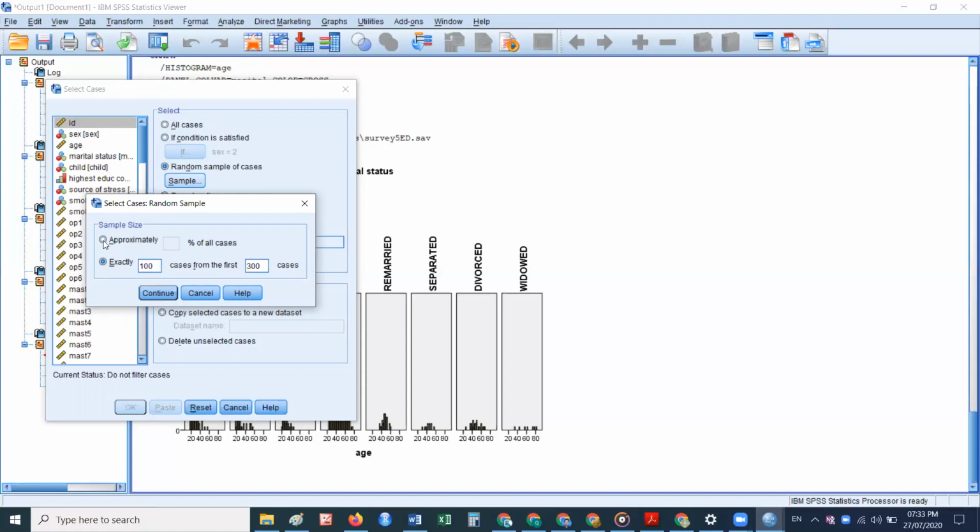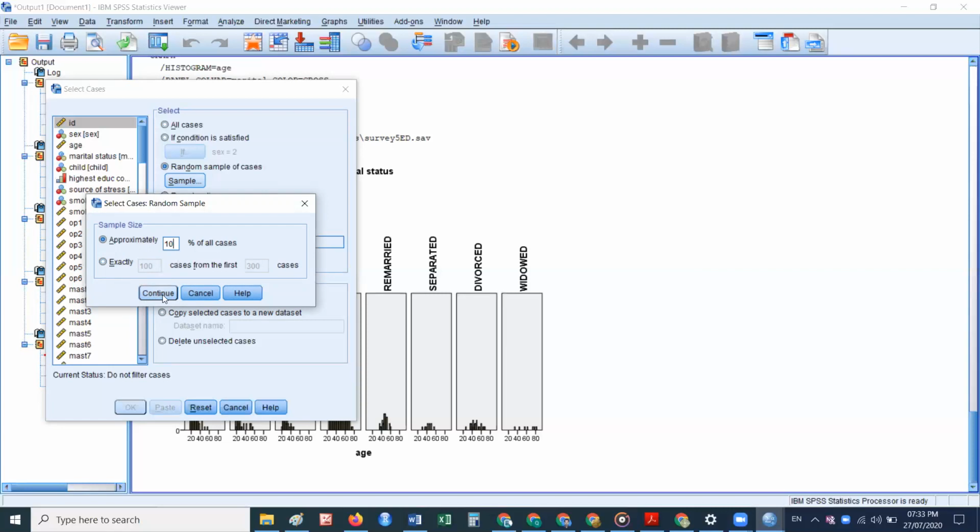Another option is approximately. Suppose I want a 10% sample size. There are 439 cases in total, and 10% of 439 will be approximately 43 or 44. That will be the 10% sample.